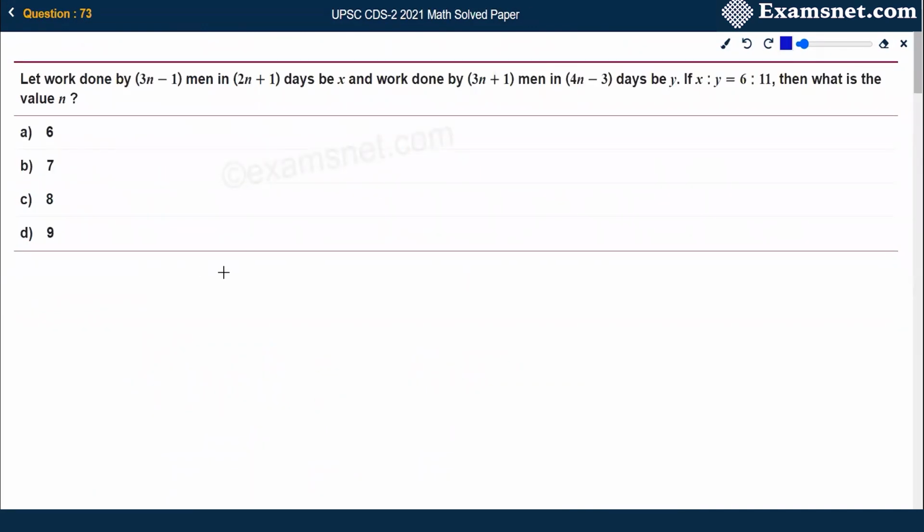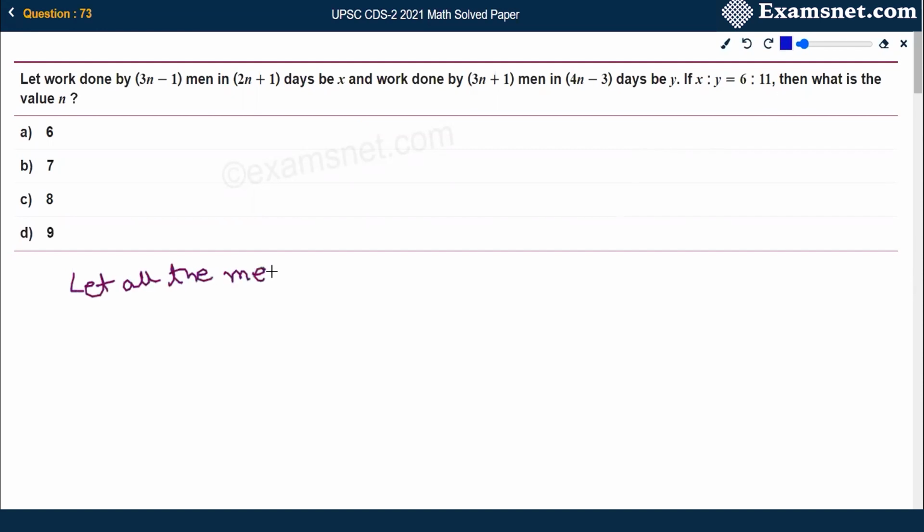In question number 73, it is given that let work done by 3n minus 1 men in 2n plus 1 days be x, and work done by 3n plus 1 men in 4n minus 3 days be y. If x is to y equals 6 is to 11, then what is the value of n? So we can assume that